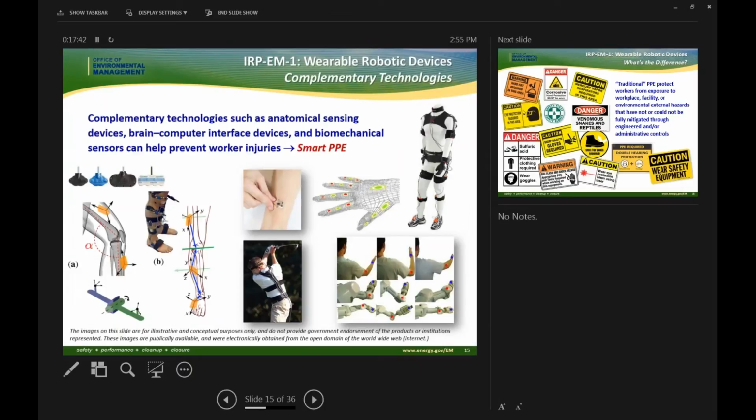Part of what we are looking to make these wearable devices be is smart, where there is some feedback mechanism to the worker to advise them, alert them, or signal to them that perhaps the motions they're about to undertake are not ergonomically correct or would cause added stress to the muscles or joints or even the bones. So we're looking at